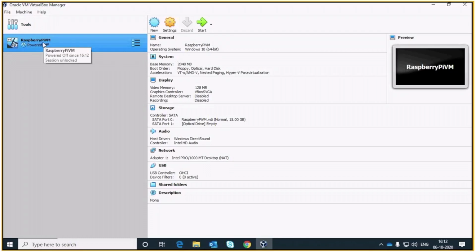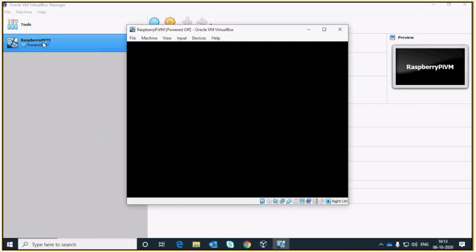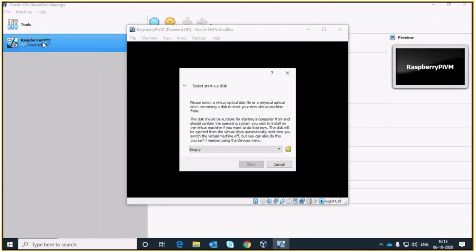Now we'll launch this VM. It will ask you the path of the image file. So we have to give the path of the image file which we have downloaded.